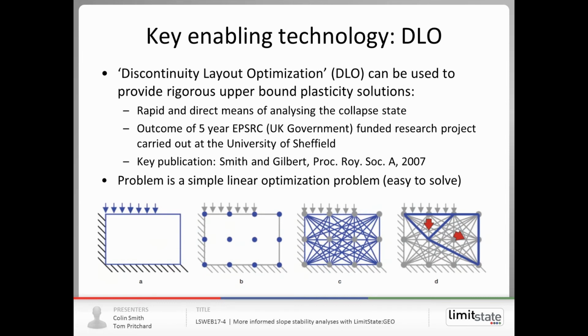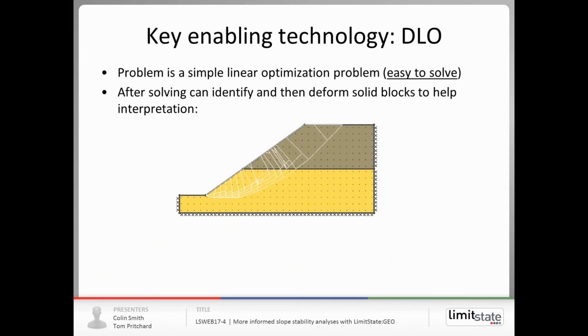Okay, so I think that explains the DLO. Just to summarize, it's a simple linear optimization problem which is easy to solve. Modern linear programming solvers are capable of solving problems of thousands, if not millions, of variables very rapidly on modern computers. When the software has finished finding the critical collapse mechanism, as in this 2-layer slope problem, it connects